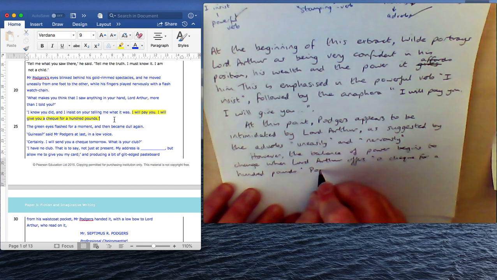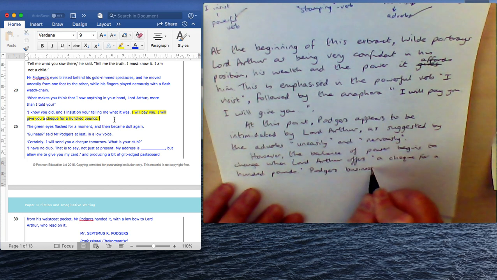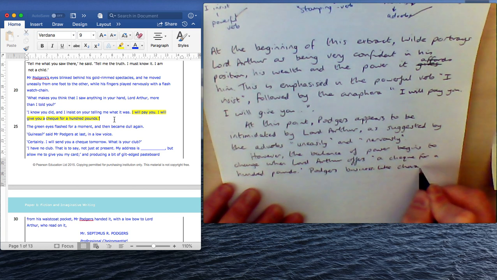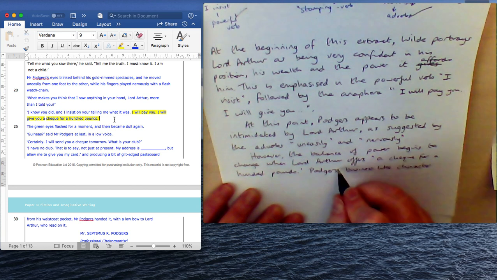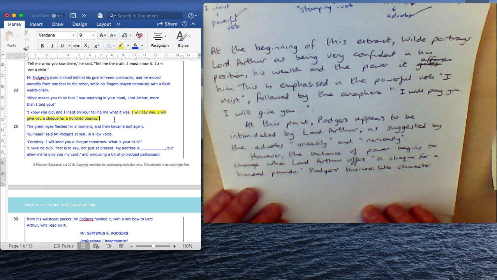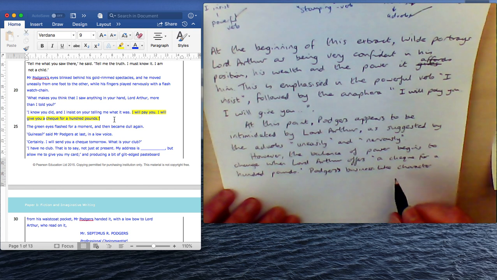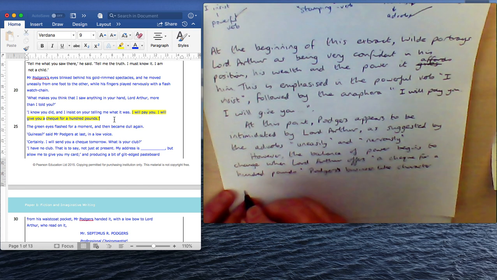So, Podgers' business-like character, and notice the possessive apostrophe for Podgers, because his name ends in an S, the possessive apostrophe goes after the S. In the exam paper itself, they've followed that rule and added a second S. So if in doubt, check the exam paper to make sure you get it right. Podgers' businesslike character takes over